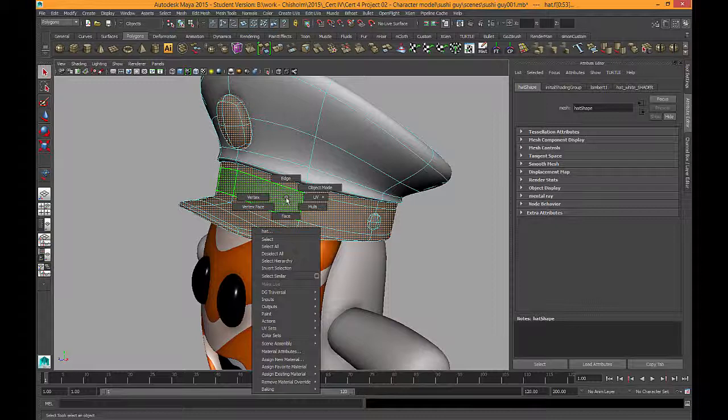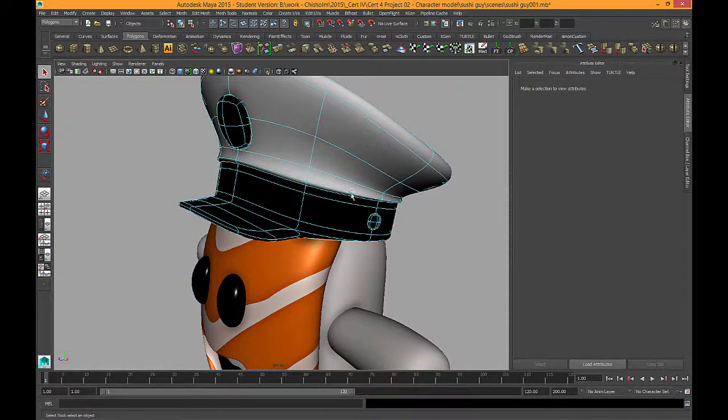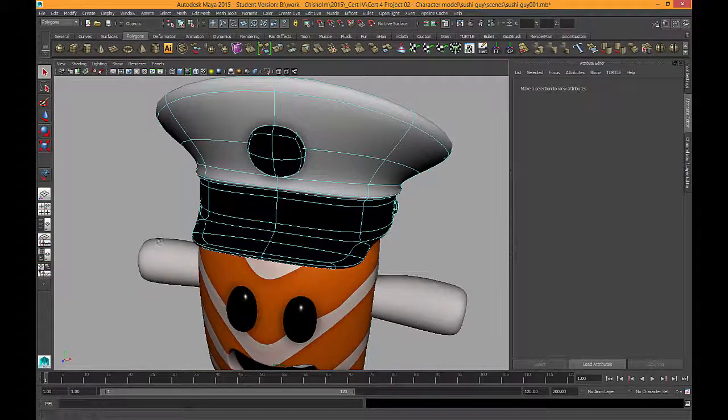So I'm going to right click and I'll select Assign Favorite Material. I'm going to use another Lambert, and this is going to be called Hat Black Shader. And that's going to get dragged all the way down, like that. Now technically,